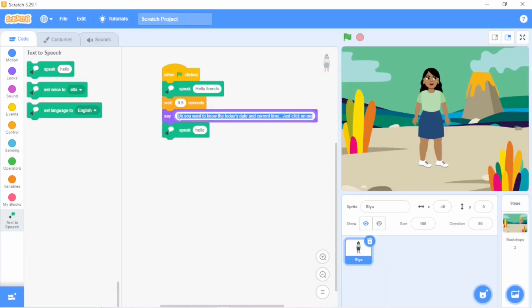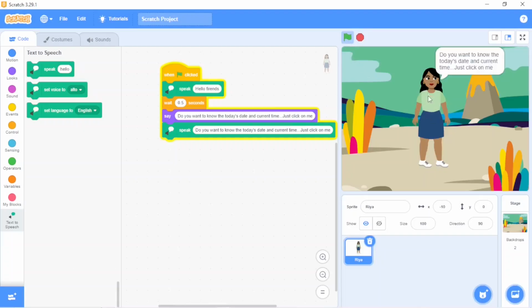Just select this. Press Ctrl C means copy. Select this. In the next block, speak hello. Ctrl V means paste. Oh, let's try it. Hello friends. Do you want to know the today's date and current time? Just click on me. She's asking, do you want to know the today's date and current time? Just click on me. Great.